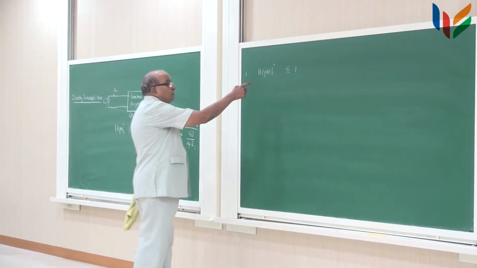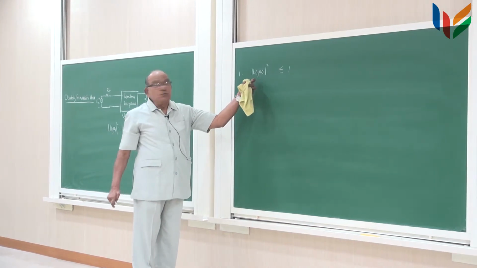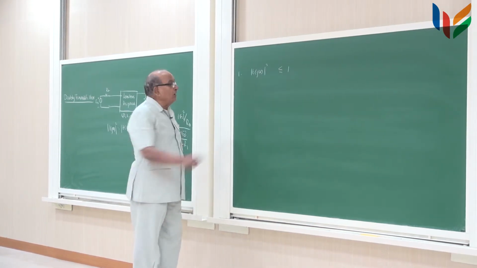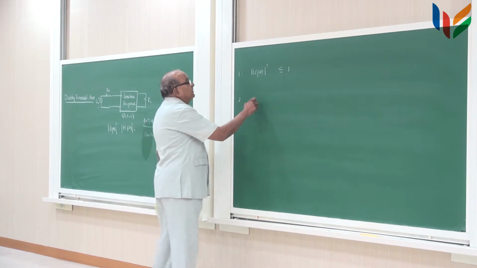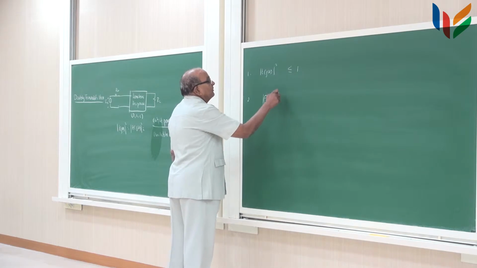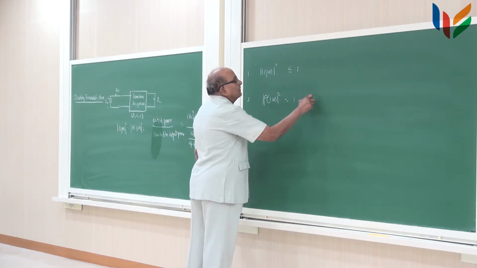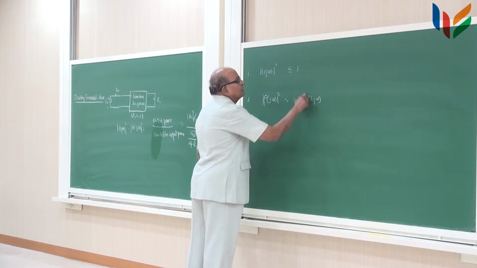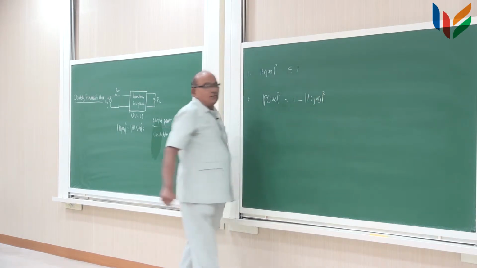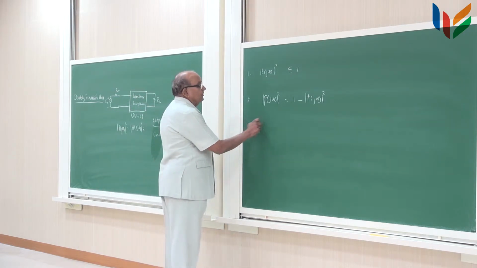So you will have to do some normalizations if required from the |T(jω)|², which is given, to make sure it is less than or equal to 1. And second step is to write |ρ(jω)|² as equal to 1 minus |T(jω)|², right? And from this you find out ρ(s),